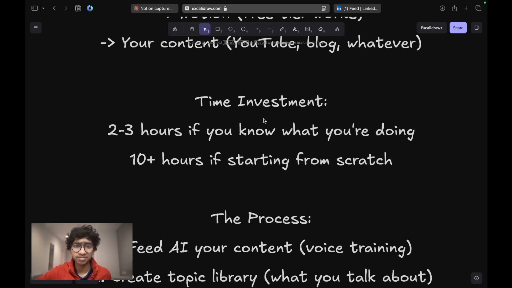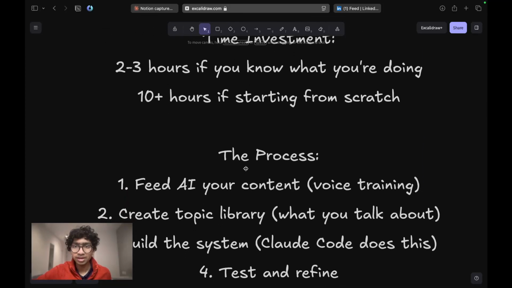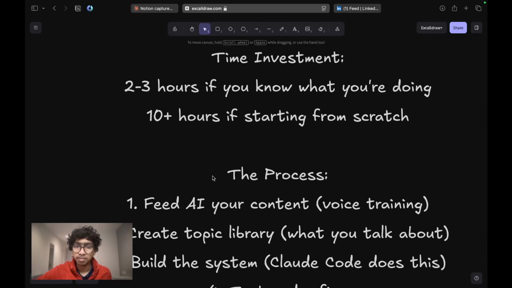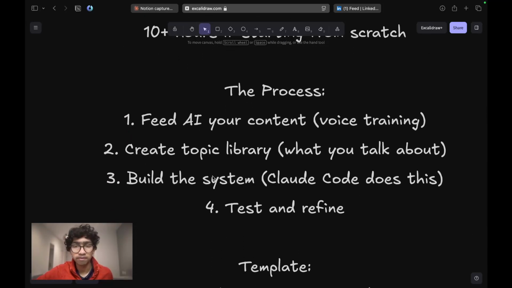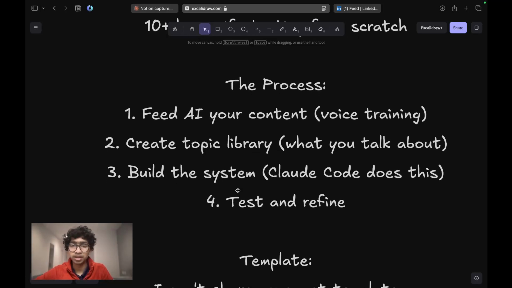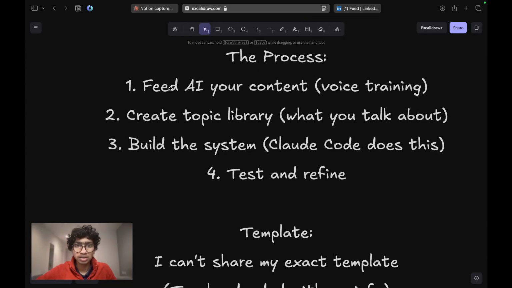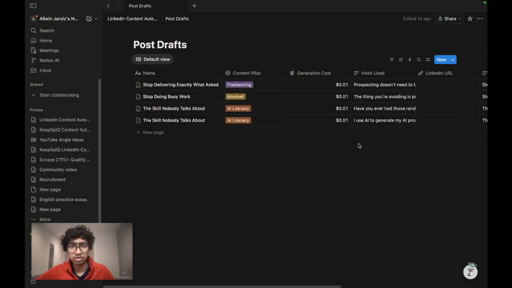And the time investment is, you spend 2 to 3 hours building this, and you just spend 30 minutes after that every week to chat, giving it context, or just saying give me a post, and review and send it. And there you have your entire LinkedIn process automated and much more sustainable, because this now takes a lot less effort and time. So the process is you need to feed AI your content, and then okay, so how that actually looks,